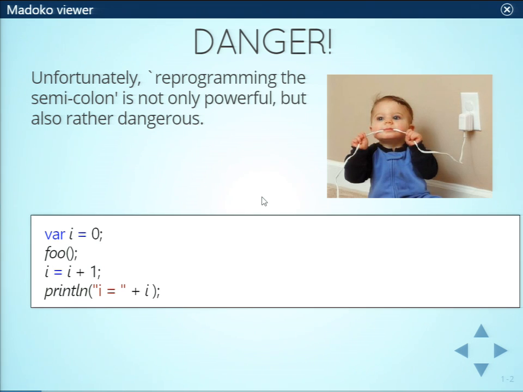But if someone can take over the semicolon and put in binds and make it monadic, well, then foo may actually execute its continuation many times, and then you would get many prints, and each time i would be incremented, for example. And this is the main reason that in the latest JavaScript, they added